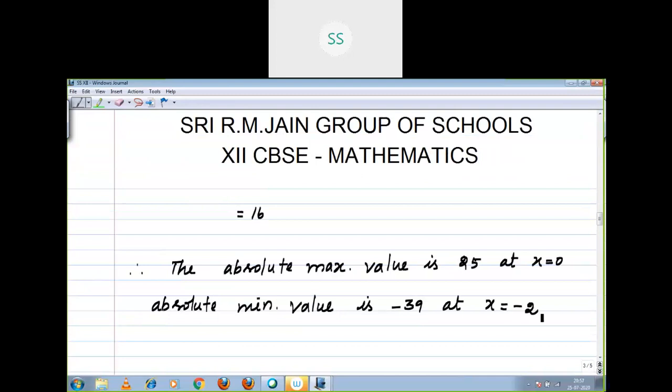Again, I repeat, listen children. If only maxima, minima is asked and the function alone is given, that means local maximum and local minimum. But if the interval is given, you want to find absolute maxima and absolute minima, right? In that, the critical point and the end points of the interval, you have to substitute in the function, right? Now I am going to move to the next question.